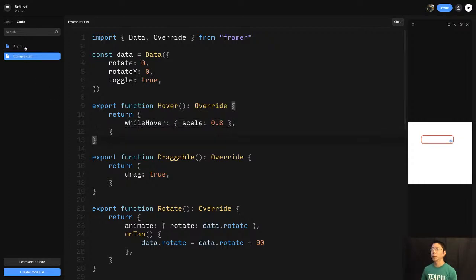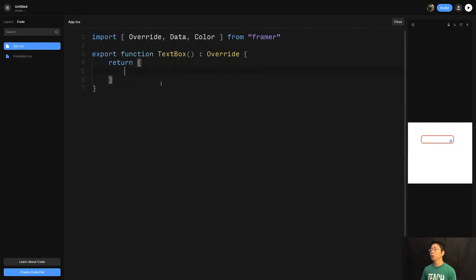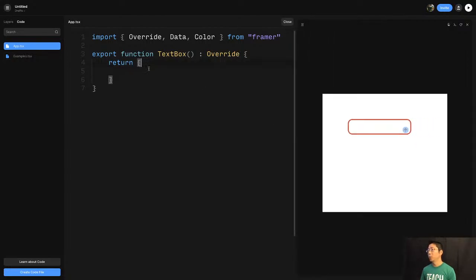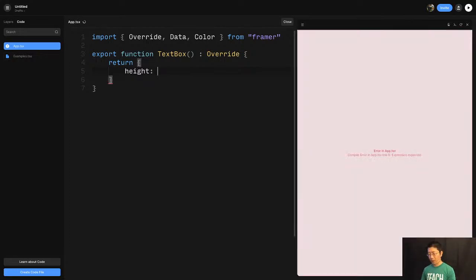But of course, in order to fully understand what I'm doing here, it will be better for you to actually know more about JavaScript and a little bit of React as well. But for now, let's maybe not go too much into React. Over here, we're gonna return, we want to change the height of the box, right? So we're gonna return an object, and the height. Let's say we change it to 400,